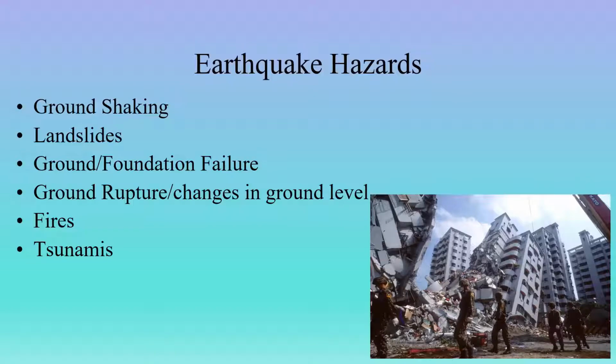Tsunami is the number one deadly earthquake hazard. And tsunami, of course, is a giant wave coming at you, generated by an earthquake. They can be generated by other things, but the largest, the most destructive tsunamis are generated by earthquakes. Right? And by the way, just as we're going forward in this natural hazard section, no matter what hazard we're talking about, whatever has to do with water is always the deadliest, right? So a little water may not have hurt anybody, but a lot of water has killed a lot of people. So here in earthquakes, it's tsunamis, right?